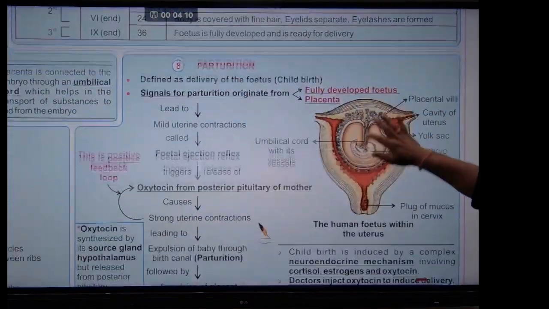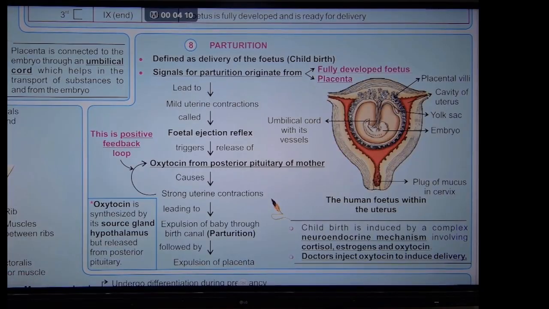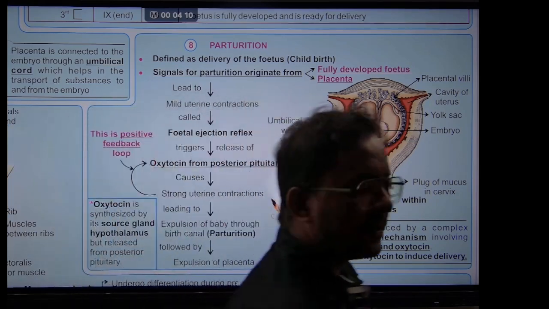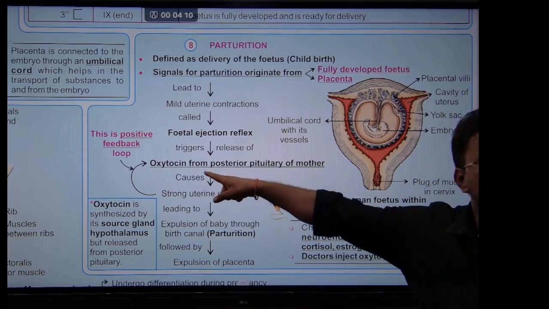And next part here is parturition. What is meant by parturition? The process of the childbirth, right? So, once the fetus is developed, it will signal the mother that it is ready to come out. That means the signals of parturition originate from the fully developed fetus along with the placenta, and they cause mild contractions of the uterus, which is called as a fetal ejection reflex. In response to this fetal ejection reflex, the mother's hypothalamus releases a hormone called oxytocin,